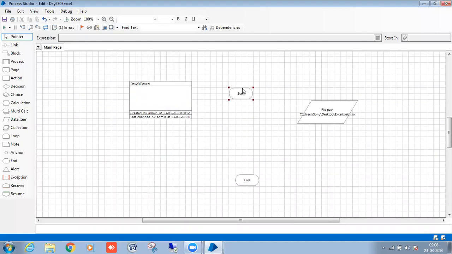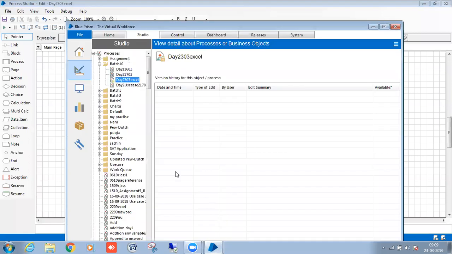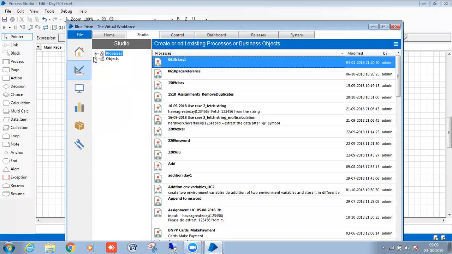So how can we automate the Excel file? If you want to do Excel automation, Blue Prism has already developed the code, so we only have to use the actions. They have already given the VBO for it. By default, when you install Blue Prism, you will see only Process Studio and Object Studio, and nothing will be there in Object Studio. You have to import some set of VBOs. So which ones do we import?